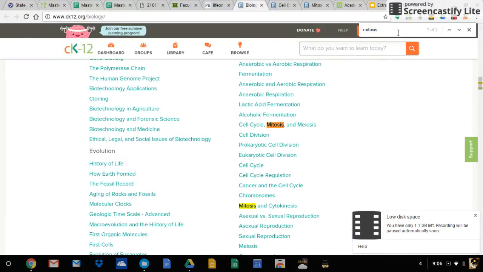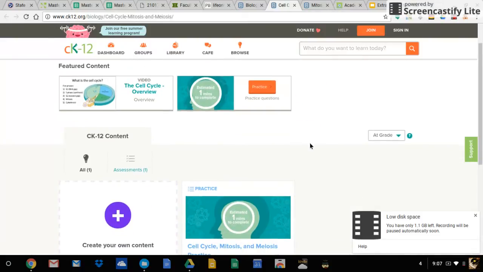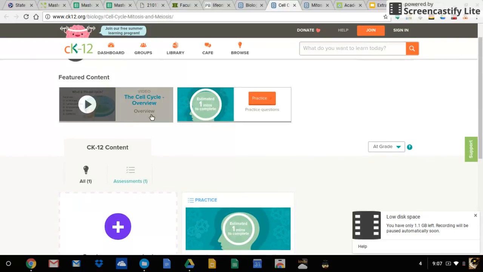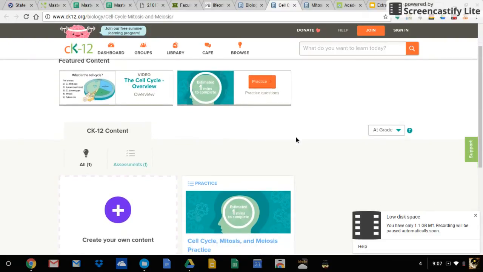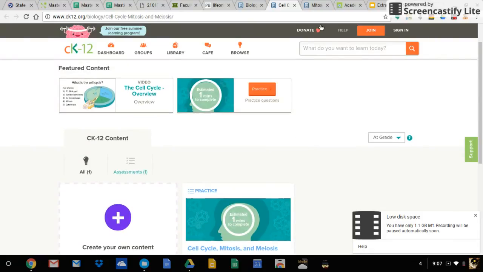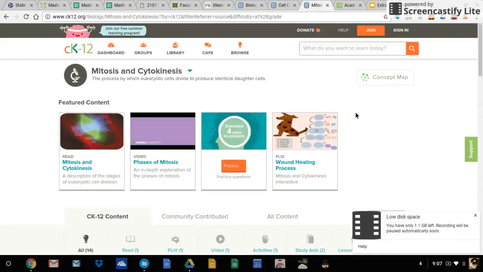So if you type Control F, then you'll get a little screen here. You type in mitosis. You can have two different options here. All right, so you click in those options. And the first one has a video of cell cycle overview and compares mitosis and meiosis, and then some practice questions. The second link has